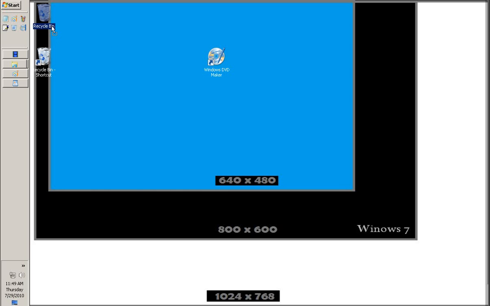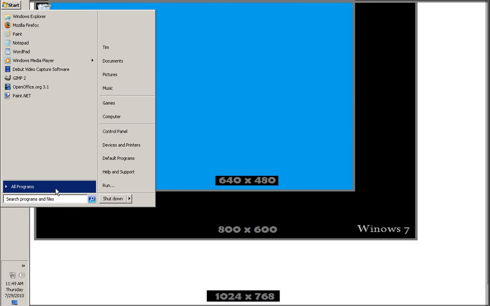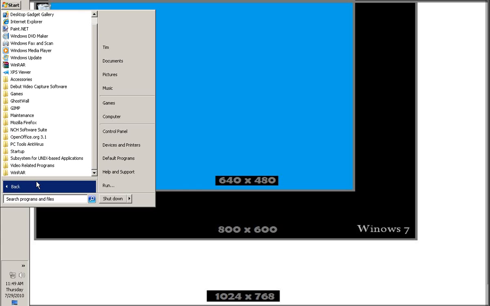I don't want this on my desktop because it clutters it up. Yes, I'm going to get rid of this. Yes, I'm going to remove that. Now my desktop is clean. I have all my quick launch icons here that I want. Windows DVD Maker. And again, just click on your folder, whatever programs that you want onto your quick launch bar,